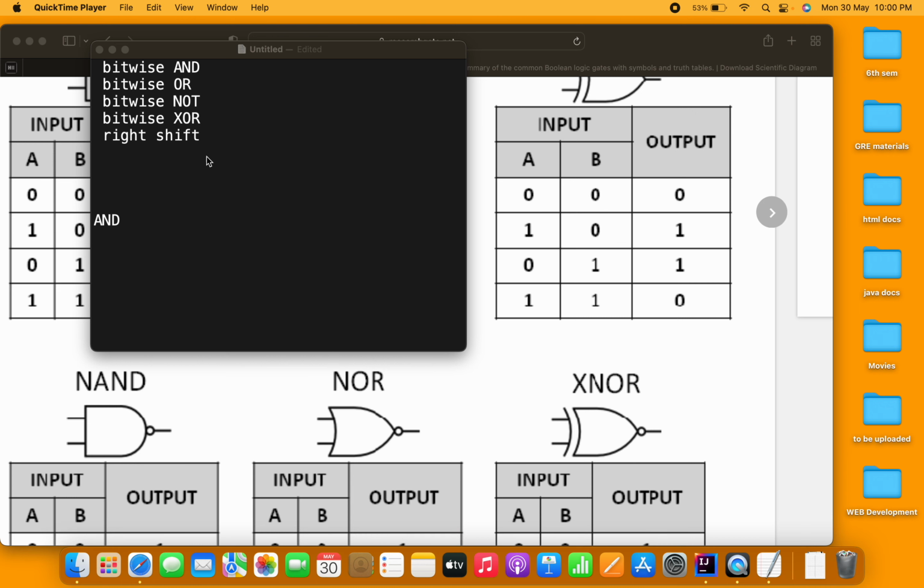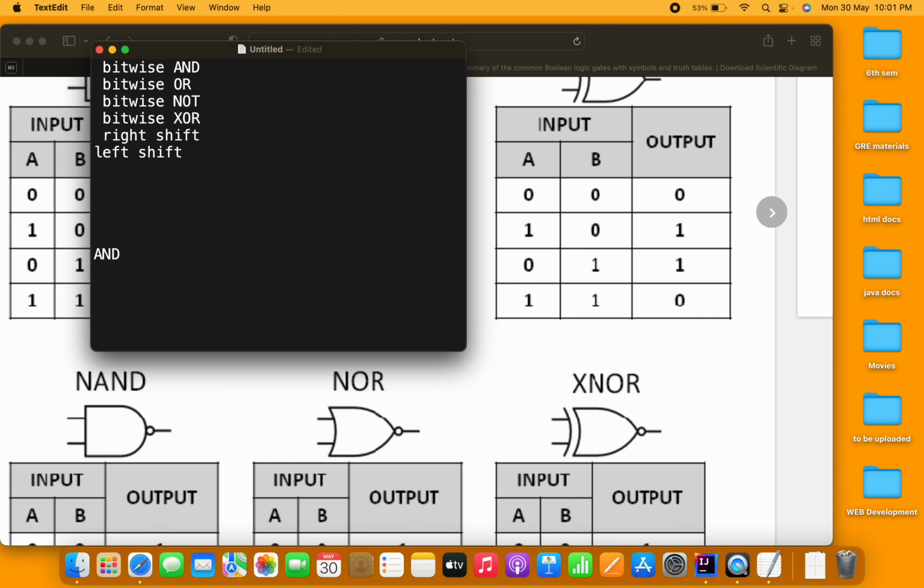Let us discuss about bitwise operators in Java. There are different types of bitwise operators. For example, bitwise and, bitwise or, bitwise not, bitwise XOR, right shift as well as left shift, and we got something called unsigned right shift and all. If you want, you can explore them. These are the most important bitwise operators. They have even been asked in theoretical interview questions, as I searched online. So based on that, these are the only important